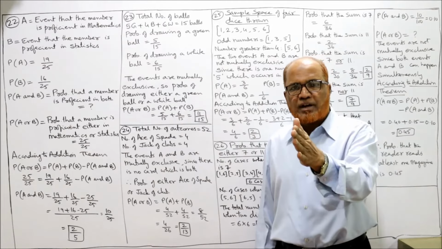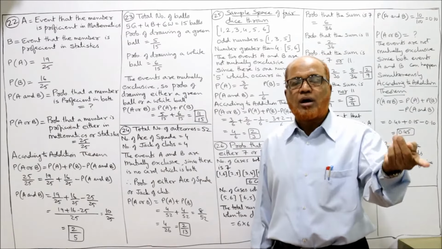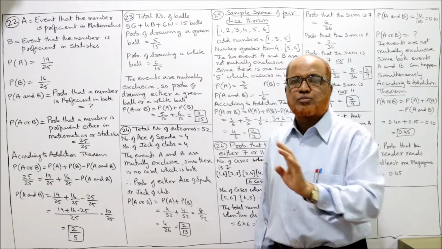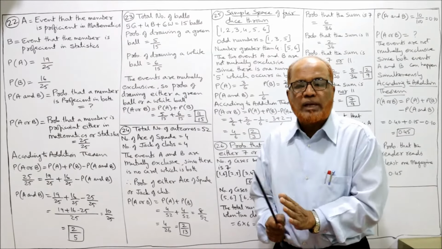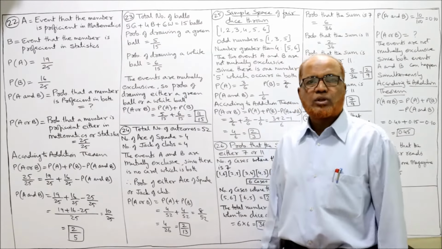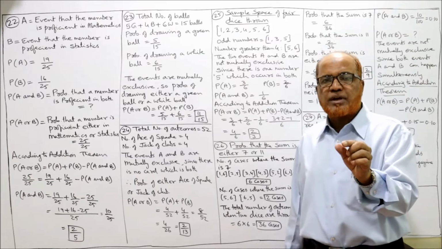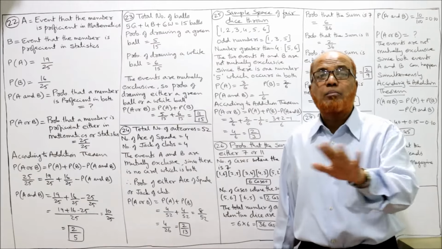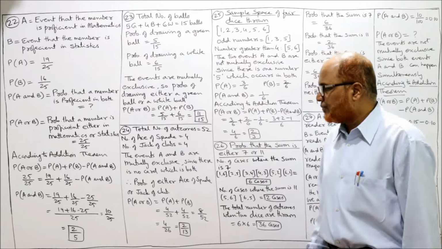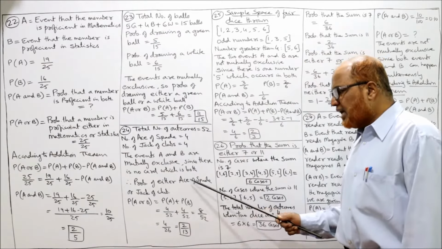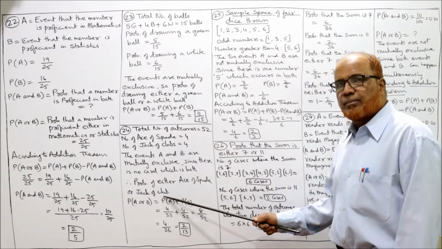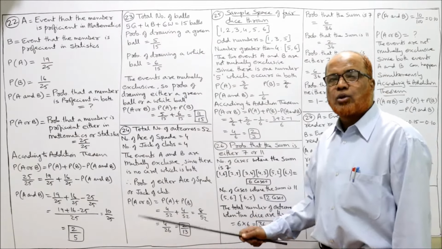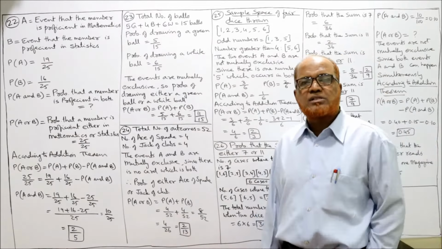जो ऐस ऑफ स्पेड रहेगा वो जैक ऑफ क्लब नहीं होगा, और जो जैक ऑफ क्लब होगा वो ऐस ऑफ स्पेड नहीं होगा, दोनों म्यूचुअली एक्सक्लूसिव हैं। तो the event of drawing an ace of spade and the event of drawing a jack of club both are mutually exclusive. Probability of either ace of spade or jack of club, ये दो में से कोई एक निकालना है, तो P of A or B is equal to P of A plus P of B.